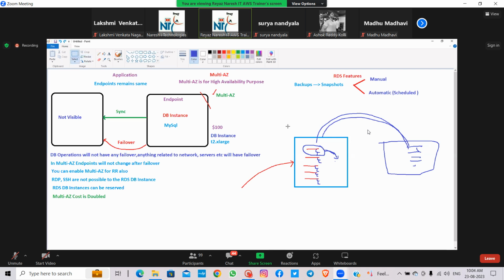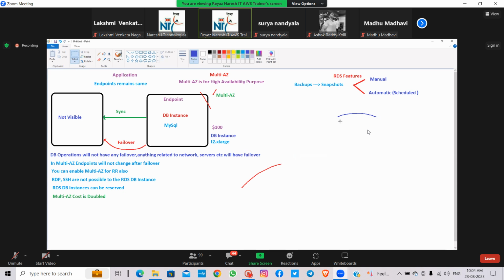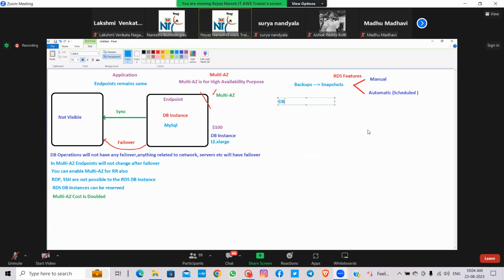Okay. DB level operations meaning what? Creating tables, creating stored procedures, queries, taking individual DB backups, writing scripts, etc. Who will take care of it?